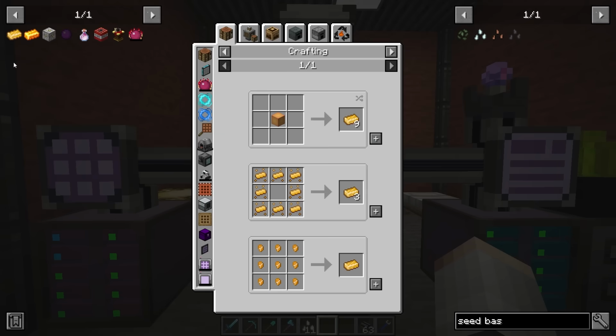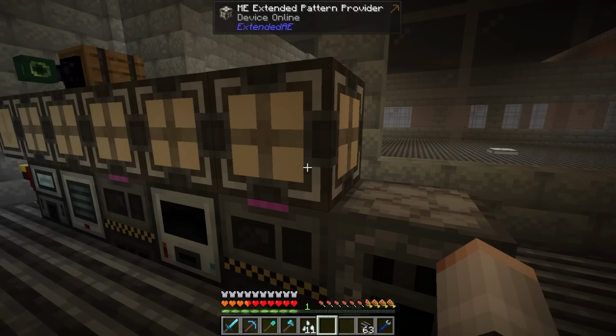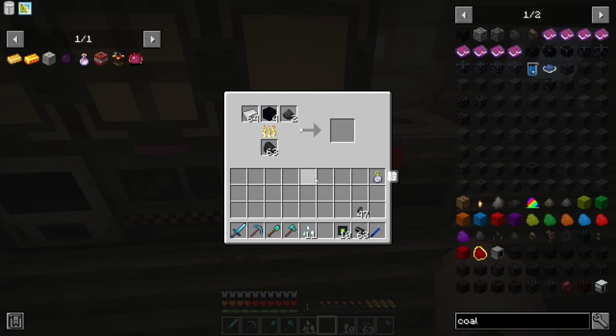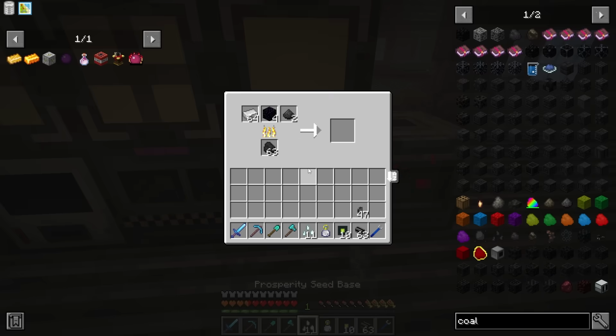Alright, Ender IO. A cool mod, but a little bit grindy. We can craft up a primitive alloy smelter. You can go here with a pattern provider on top. Never mind, there's no IO config. That sucks. So let's throw in some iron, obsidian, and coal dust to make dark steel. Ooh, that is slow. Let's use the time in a bottle that I forgot to tell you that I made